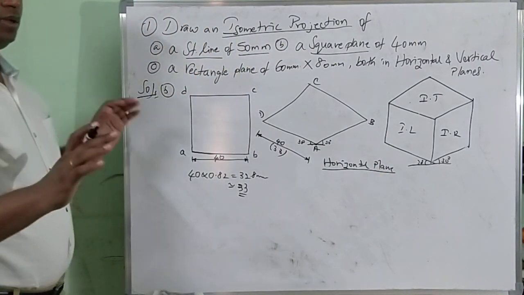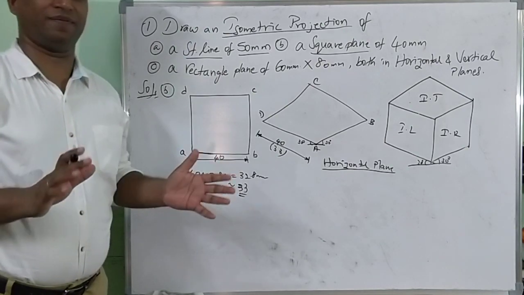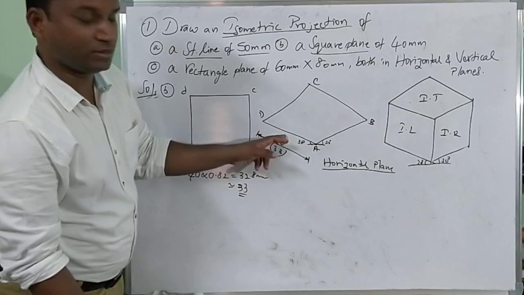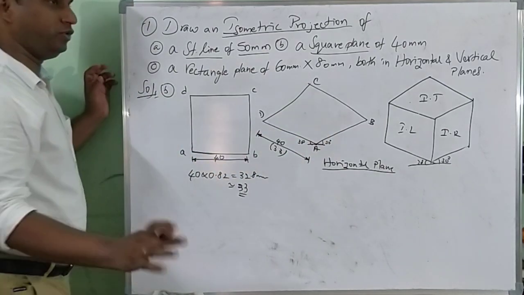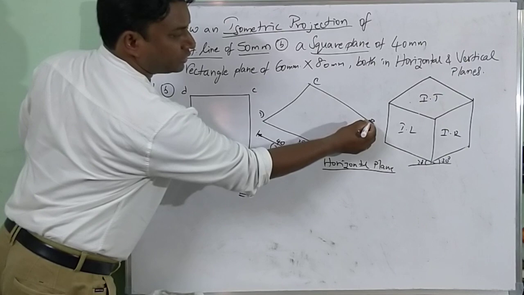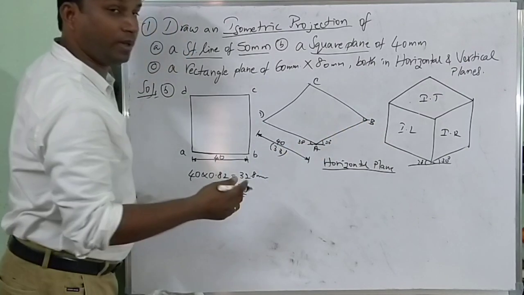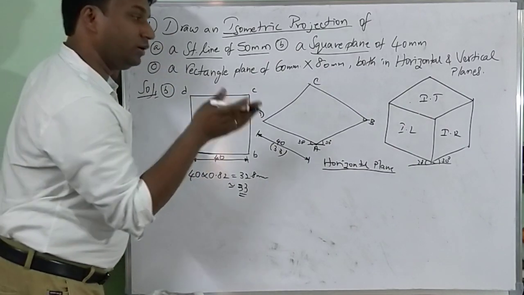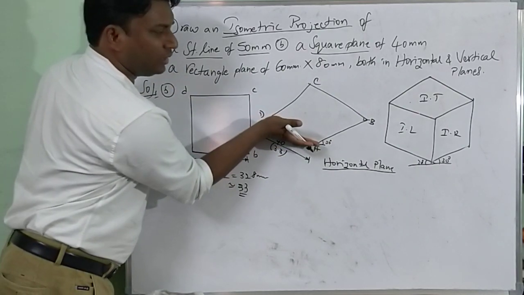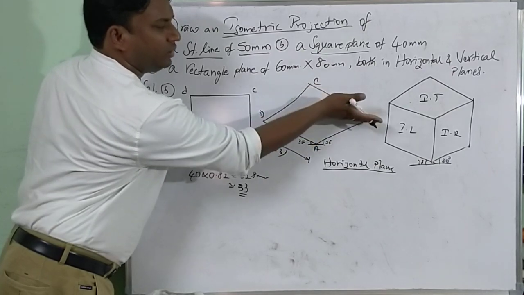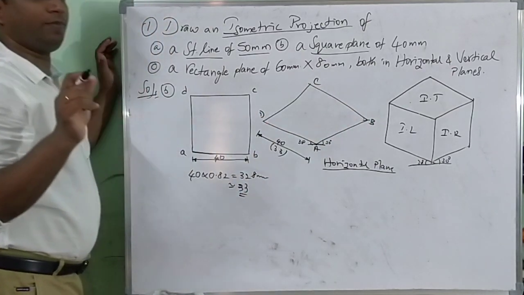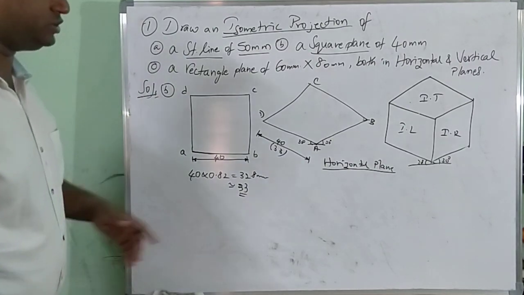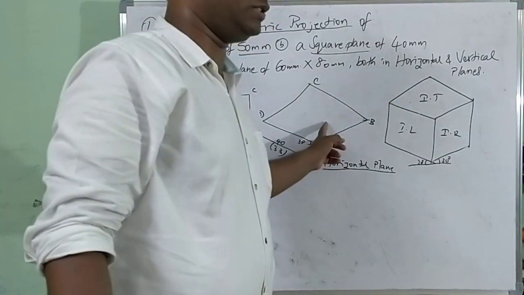Very simple. But when you do not have a drafter and you just have a protractor, from here 30 degrees. Now if you observe, with respect to this line, here this angle also will be 30 degrees. With the help of the protractor you can finish this. If you want to draw the parallel line, just keep the scale here and move it slightly so that it comes parallel. With the help of the protractor you can complete this. This is the horizontal plane. In the horizontal plane we have only the iso top plane, which we just finished.